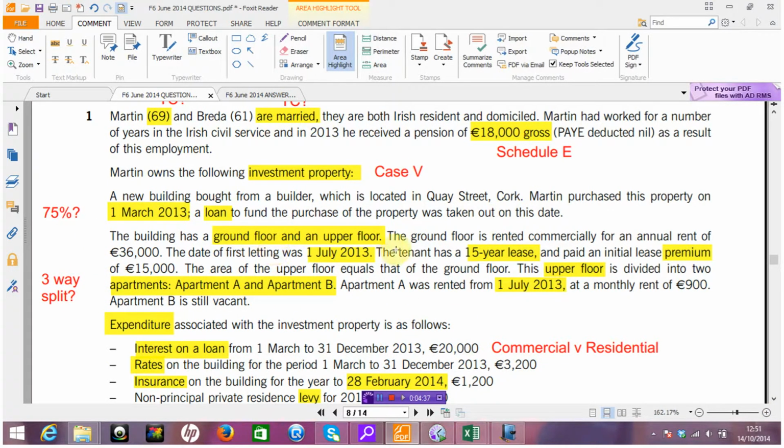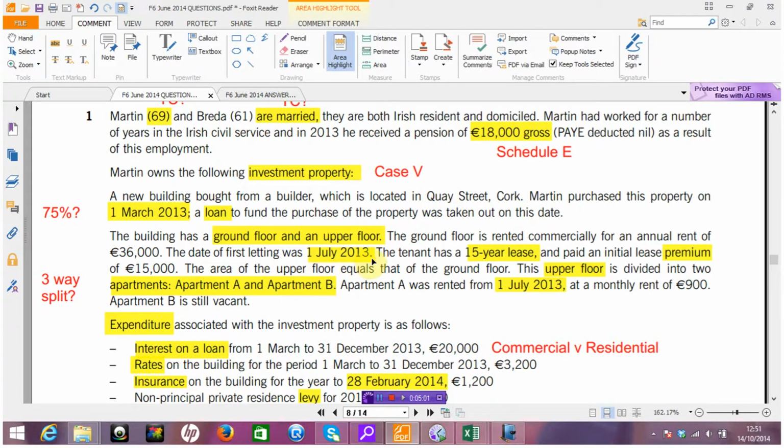Yeah, there's a ground and upper floor, and the upper floor is divided into 2 apartments. So we can see immediately that we have 3 different sort of batches of income and expenditure to deal with. The other thing to notice here is that, aside from this area of the property only being bought part way through our tax year,